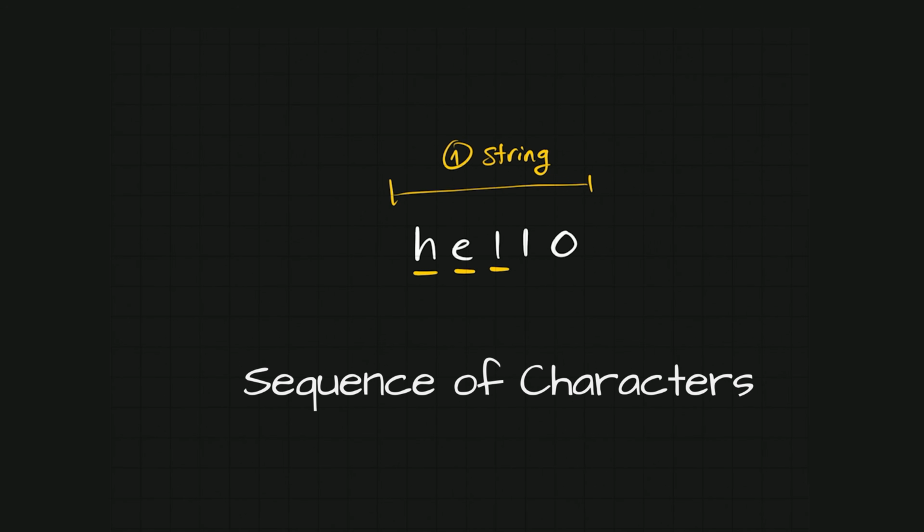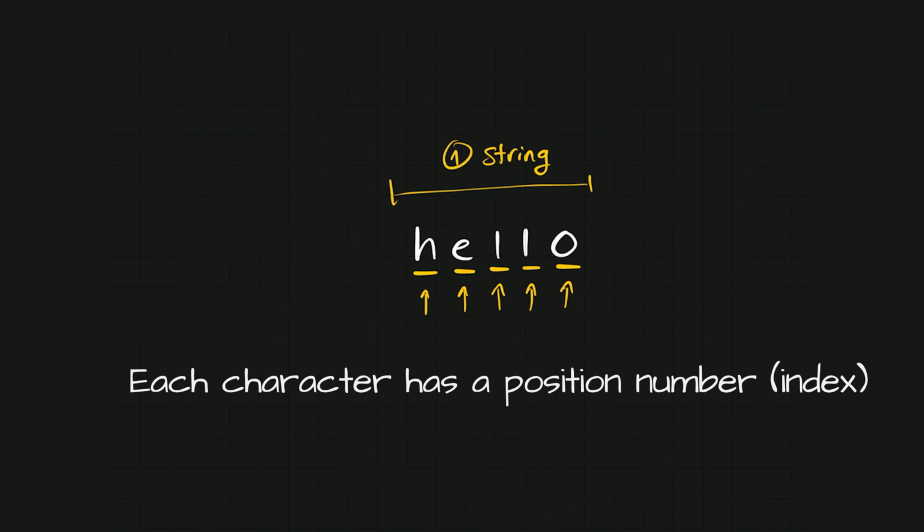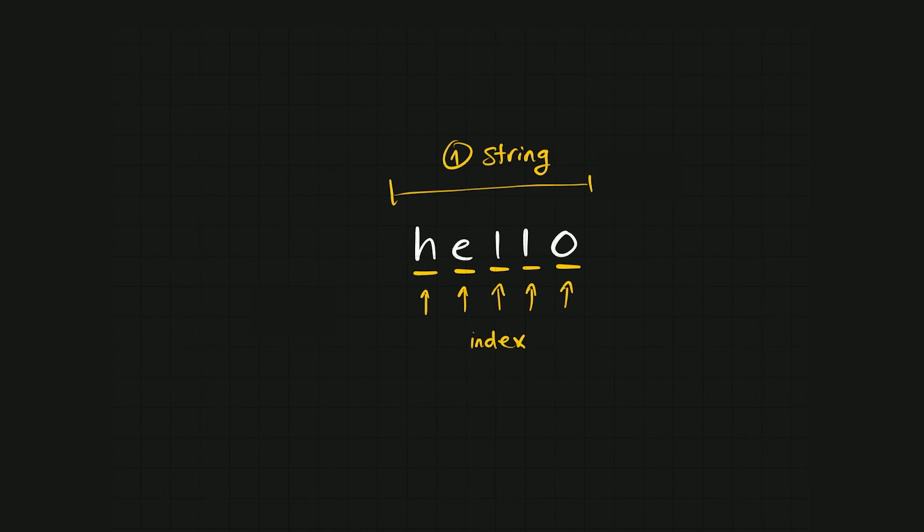Now let's take this example. So we have a simple hello. Now we usually think about this as one value, one string value. But behind the scenes, Python thinks about this as a sequence of characters. So we have a list of characters. And it's very important to understand that each character has a position and we call it an index. So it's like we have an address for each character,